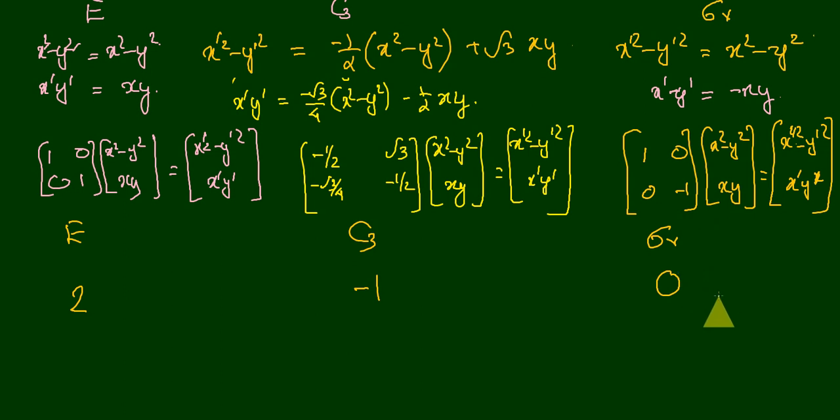So this corresponds to x square minus y square and xy. So this is corresponding to x square minus y square and xy. So they transform together. They transform together. And this transformation corresponds to 2 minus 1 0 set, and this set is nothing but the